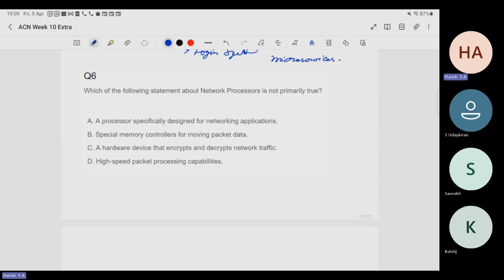Question 6. Which of the following statements about network processors is not primarily true? This is just a direct question from your classroom. So, does it mean a processor specifically designed for networking applications? It is not primarily true, in the sense that you're looking for a false statement. So yeah, this is true because